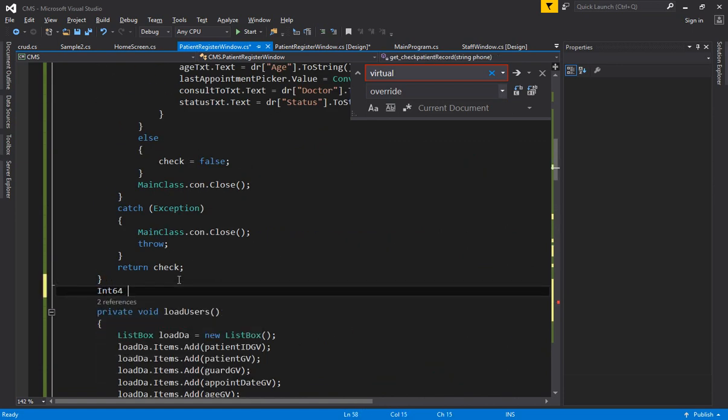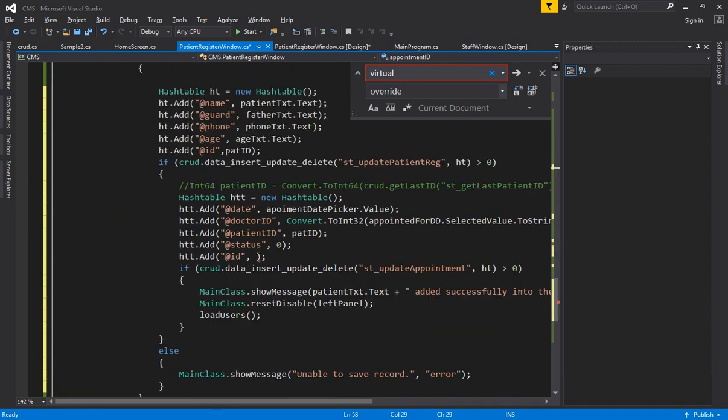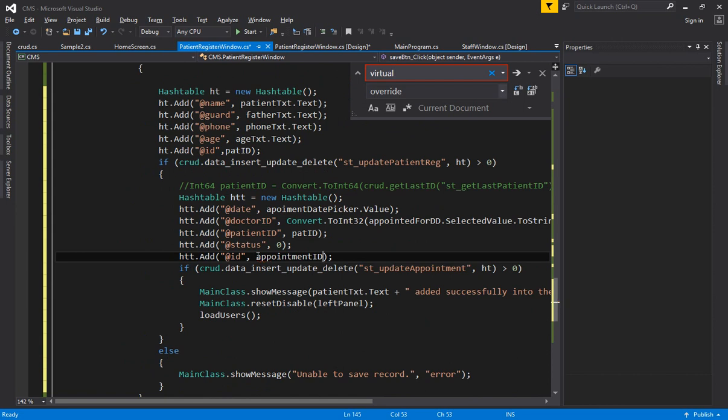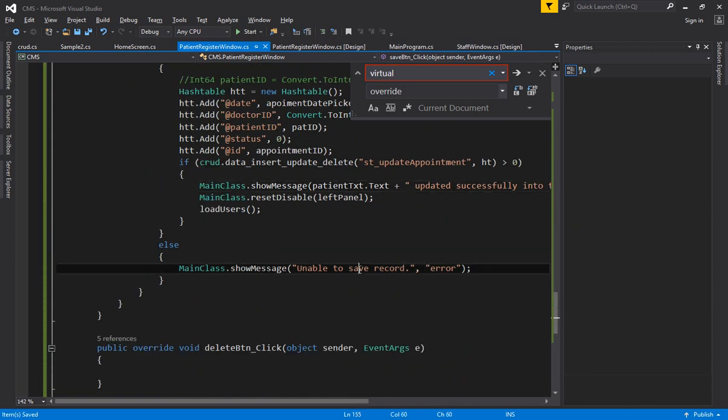Integer 64, appointment ID, semicolon, and then at the end right here update with the help of appointment ID. So I have to display the appointment ID also inside my grid view, so that this data will also be updated. So instead of this added right here, updated successfully, and then unable to update the record,